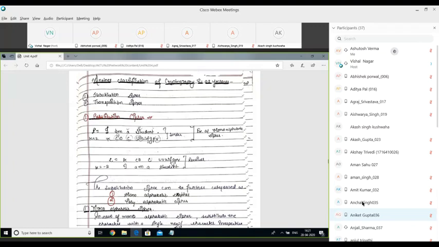We are replacing each time A with a single letter C. Whenever A is coming, we are replacing it with C. Or if T has come twice, we are replacing each time T with V. If this kind of method is followed, that means each alphabet is replaced by only a single alphabet.